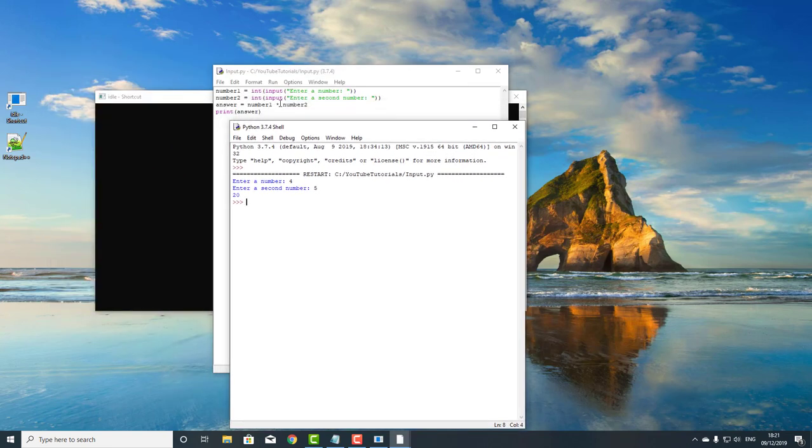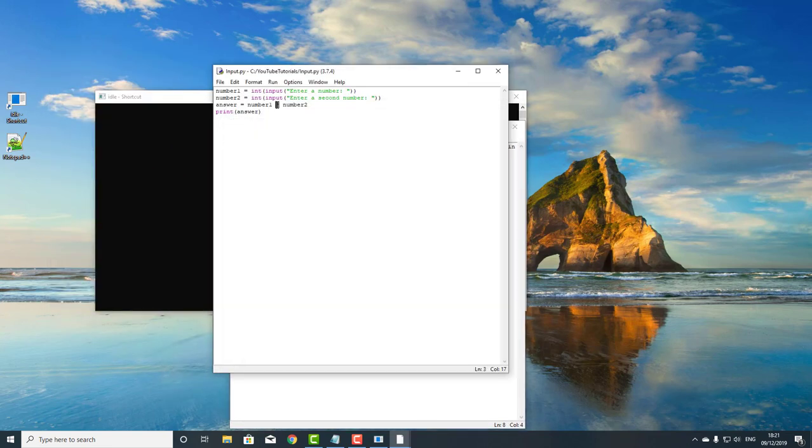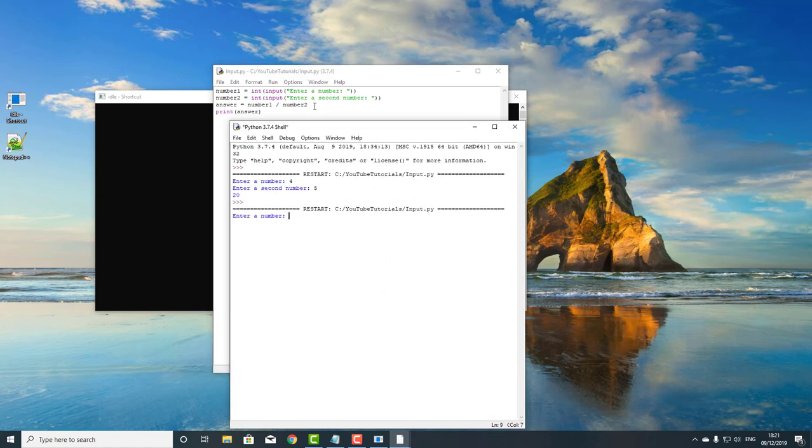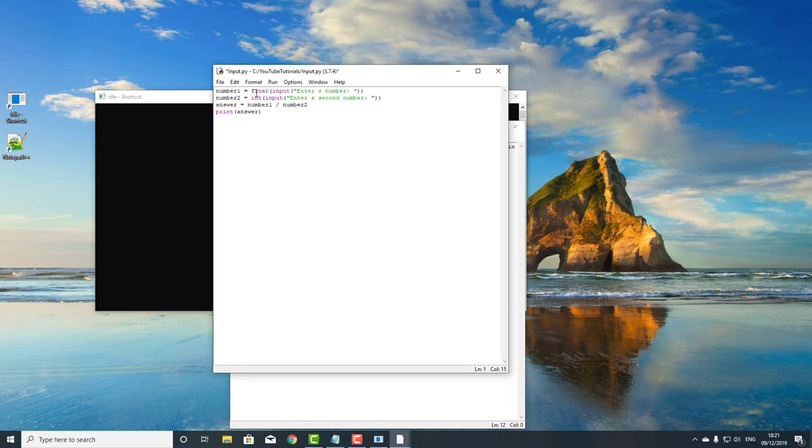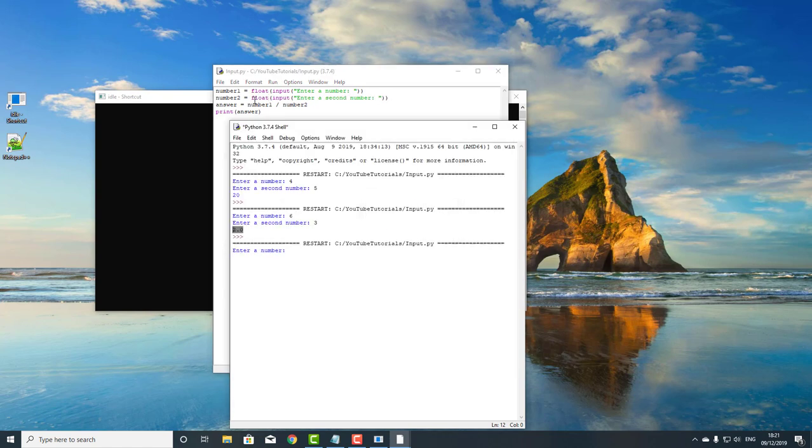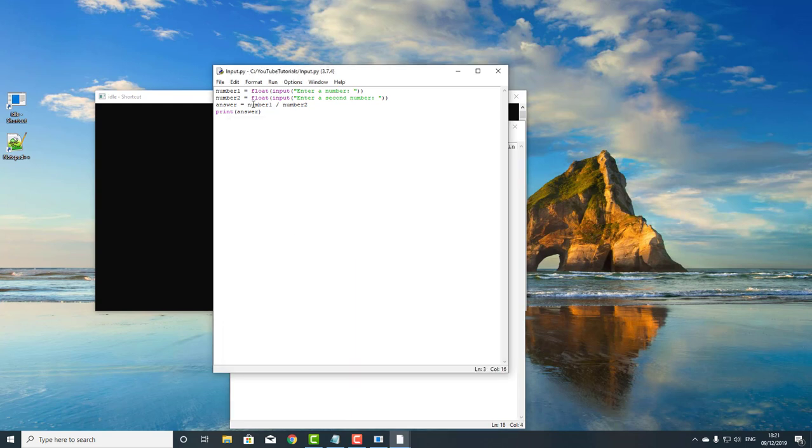And while you can use divide, and divide is the backslash, so number 1 divide number 2 within two integers, we could do 6 and 3, it will automatically create a float. And I would say it's actually better to have both of these as float if you do that. And although you won't get a different answer, 6 and 3 is still 2.0,